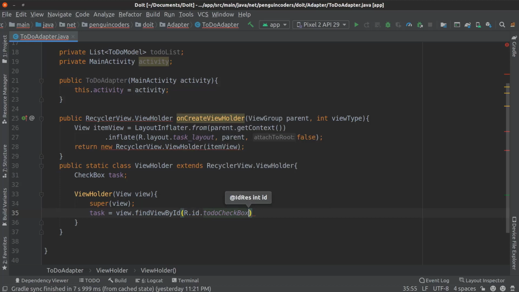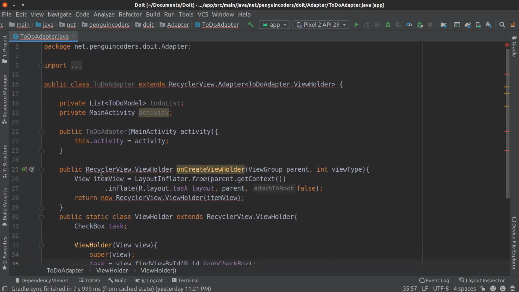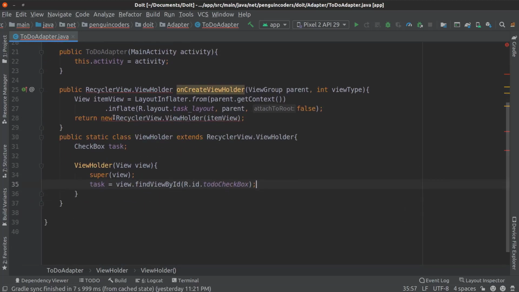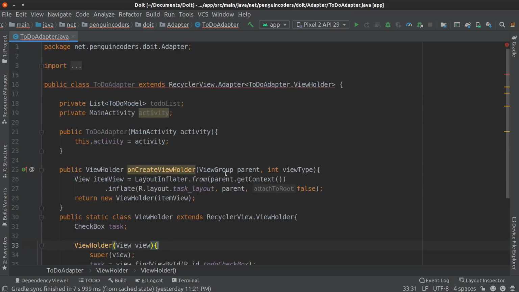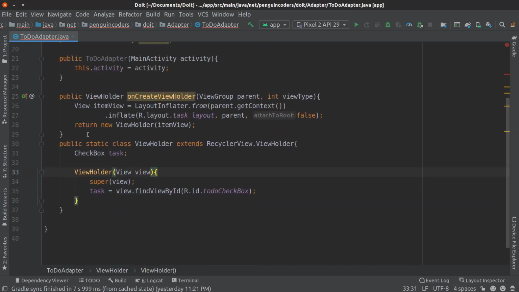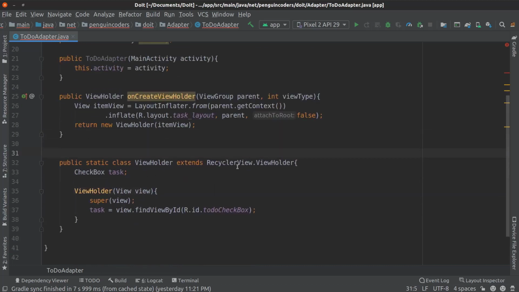So to do checkbox. So this completes our view holder class. Now here I can remove this recycler view dot, and here also I can remove this.